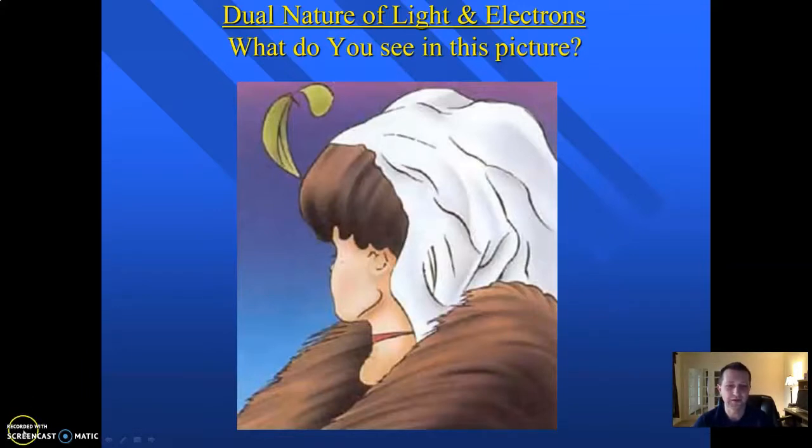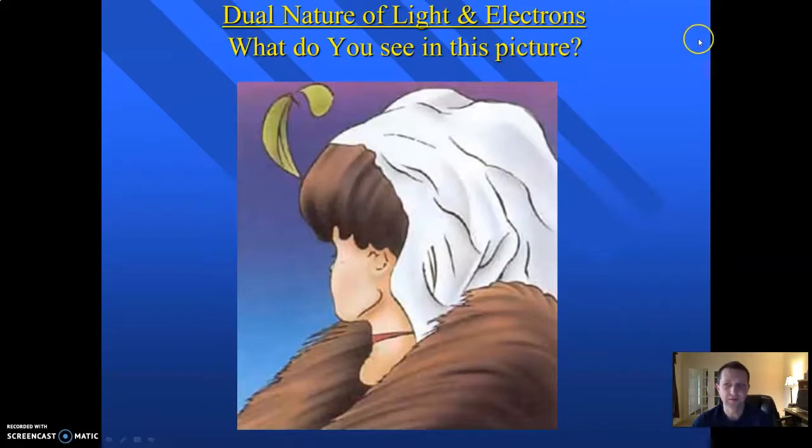So if you're having a hard time visualizing it, the old lady is here. There's her nose and there's her mouth. And if you see the young lady, her nose is right here, eyelashes, it's her hair. She's wearing some sort of scarf thing, and there's her chin down here. So why am I showing you this picture? I'm showing you this picture because you see two things in one picture, two things in one. What we're going to look at is the dual nature of light and